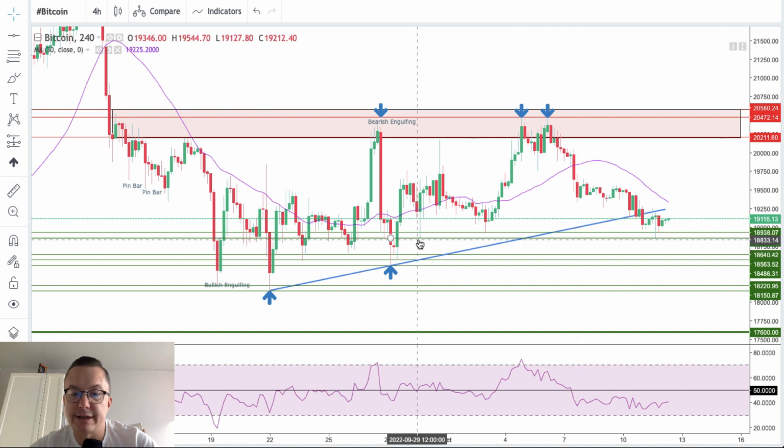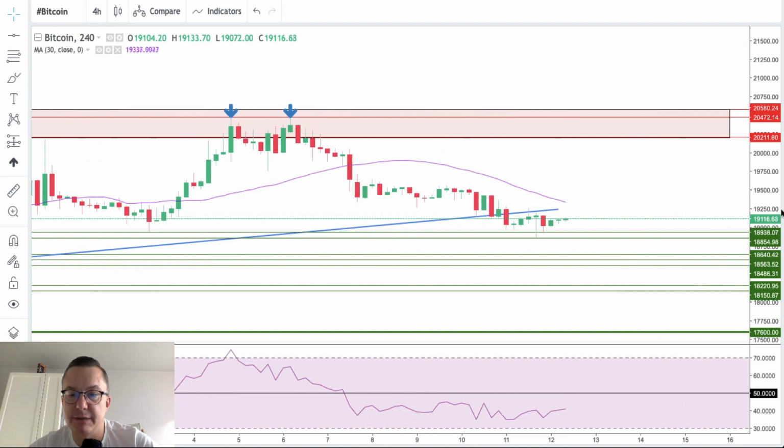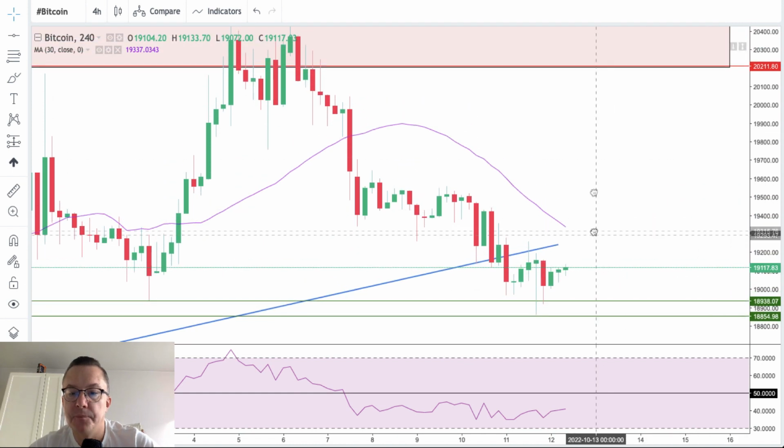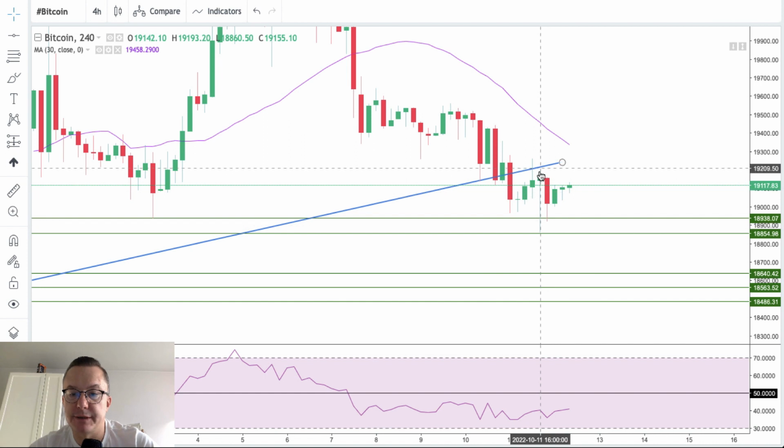18,854, which was tested before at the end of September. Now it was tested again, a big pin bar. Right now these 4 bars here are still inside of this pin bar, so it might be kind of pin bar-ish inside bar trading. Okay, I'm talking about this one. So the spread is